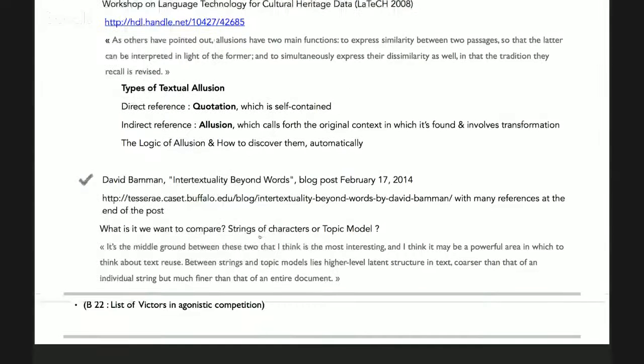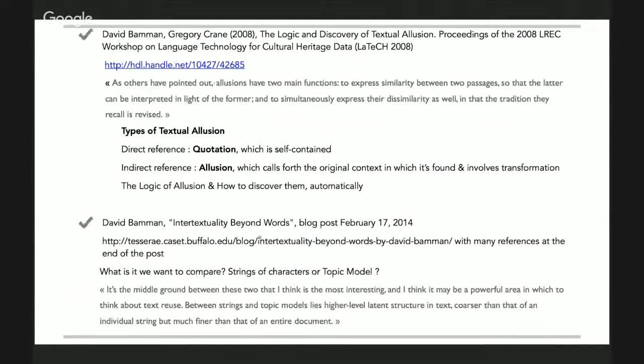The second quotation reference is to a blog. David Bayman says that he wants to go a little further and ask, what is it we want to compare? Strings of characters or topic model? And I wanted to say today that we will go on this side of topic model when, in a few minutes, we look closer to this problematic of how we can